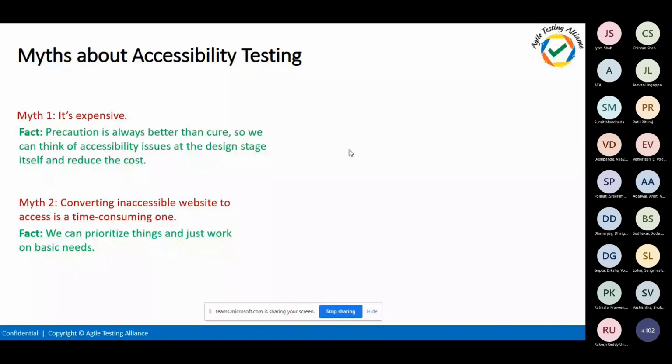Chintan was also saying it, right? We aren't able to automate all the test cases. There are lots of manual test cases that need to be done, but we can prioritize our basic needs. Like, I want all the level A test cases, then that can be run with tools like Google Lighthouse, and then the Axe tool and other things, and then we can achieve as much coverage as possible. But prioritize your test cases.